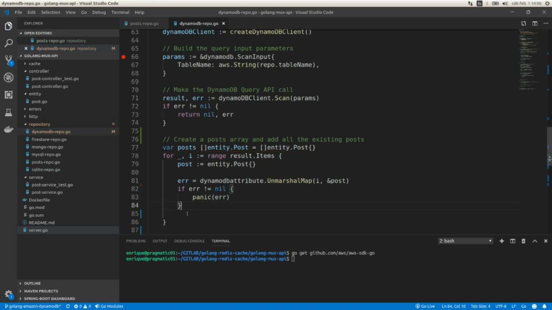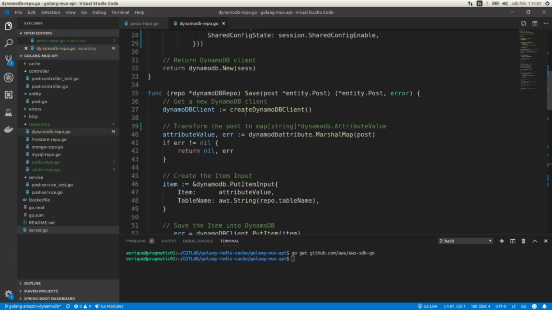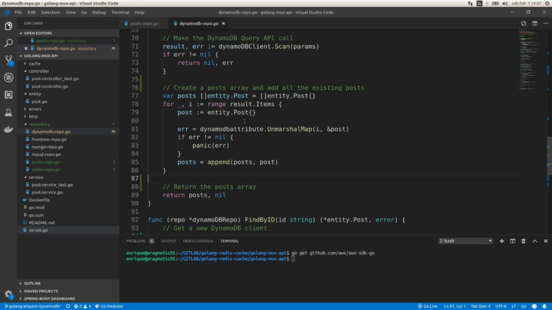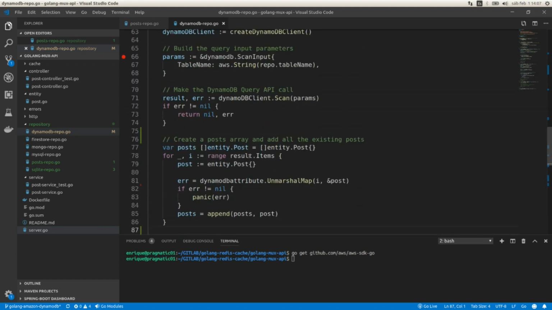And if everything goes well, I'm going to append the last post to the posts array. So it's going to be append. The first argument is going to be the array posts, and the second argument is going to be the post that I am mapping here. And here I need to return the array posts and nil, because we shouldn't have any errors at this point. We have the save function, we have the final function, and okay, now we can implement the next one that